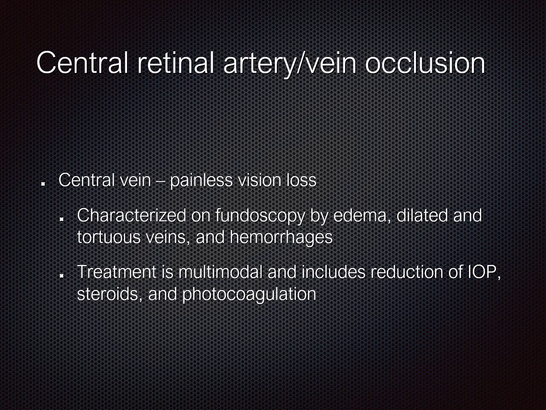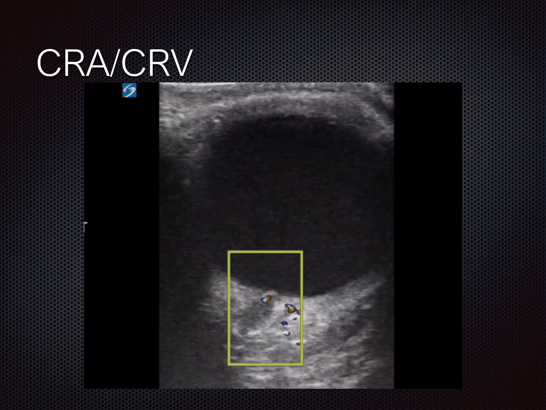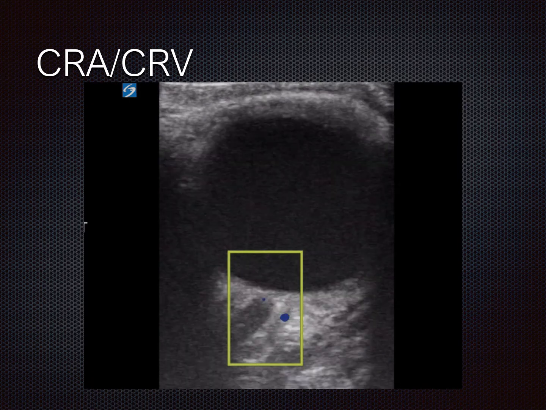Now, before you even look at the images of what this pathology looks like, you can probably guess how ultrasound is helpful in making this diagnosis, because we showed you how to see the optic nerve, and if the central retinal artery and vein are right there, then the easiest way to find blood flow on an ultrasound machine is to use color flow. So in this image, you put the color flow box